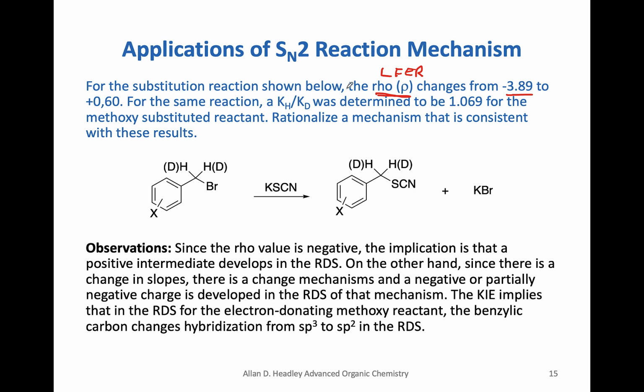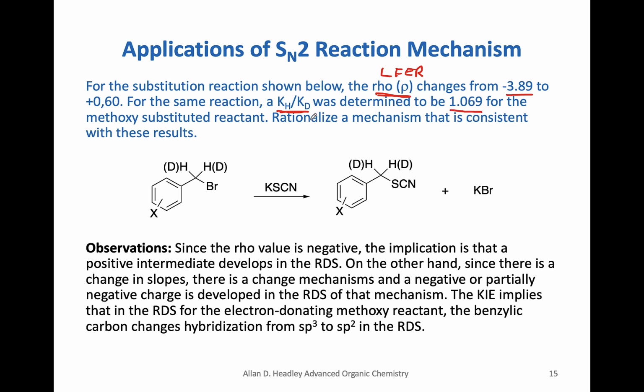But it changes slopes to positive. So now you'll have to reflect on the linear free energy relationship lecture and determine the importance of this. Also, it was determined that the kinetic isotope effect for hydrogen deuterium was